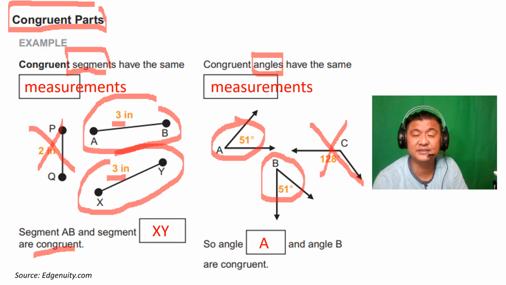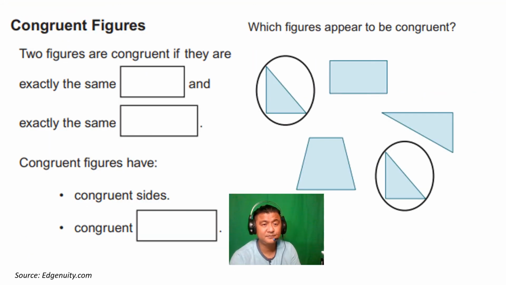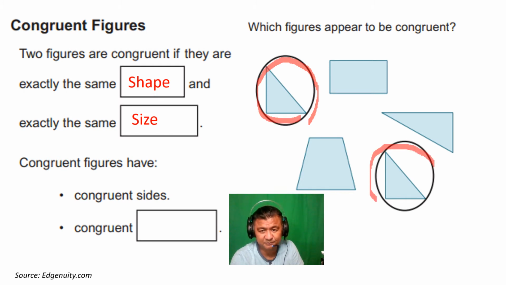The segments and the angles, they're exactly the same. Now, let's look at congruent figures. For two figures to be congruent, they are exactly the same shape and the same size, right? If you look at all of these drawings here, only these two triangles have the same shape and the same